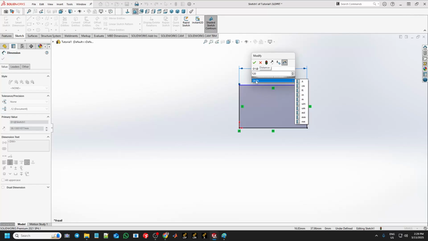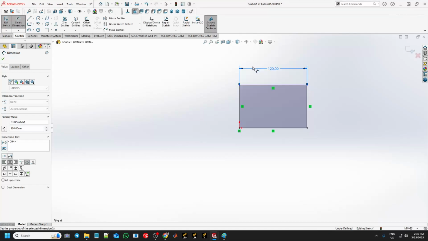Easy, yeah. And also you will see some things pop up. You can select millimeter, and then just click this green tick. Okay, click this tick. You can do the same thing